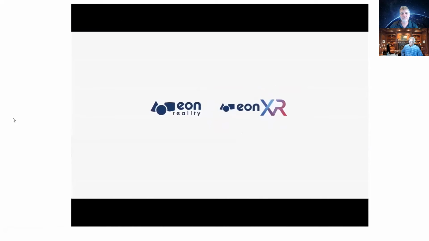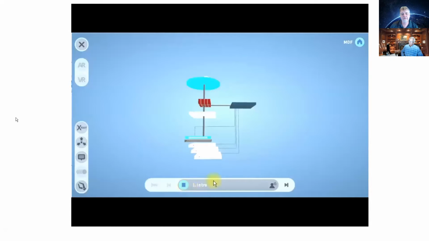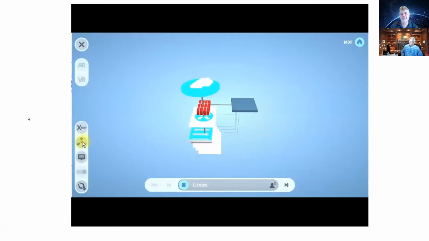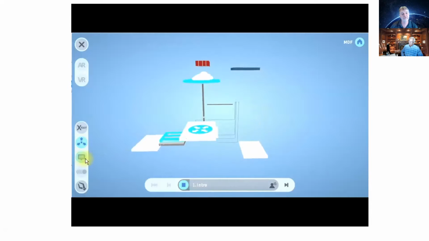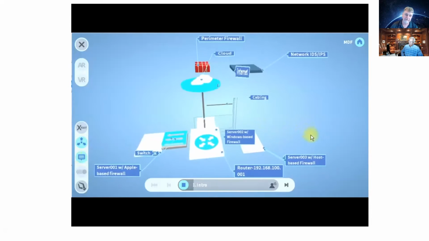All right, so this first application, you might tell us a little bit about what's going on here. I think it's very unique in the fact that you designed your own models for the purpose of the instruction that you're doing. So I'll let you share with us a little bit of what's happening here.